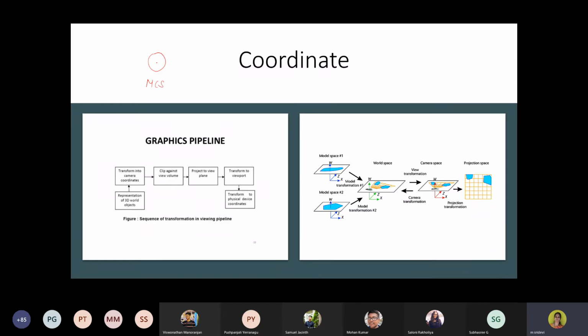And once the object is designed, it has to be given into the world space, which is called the world coordinate system. We have modeled an object, two different objects are modeled, and we are trying to give these to a world space, which is called a world coordinate. So everywhere you can see it's 3-dimensional coordinates. Now those two objects placed in the modeling coordinate values are converted into one world coordinate value.